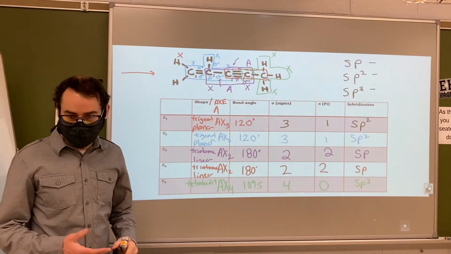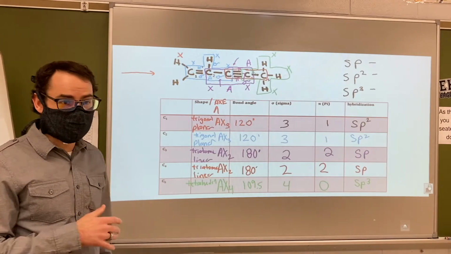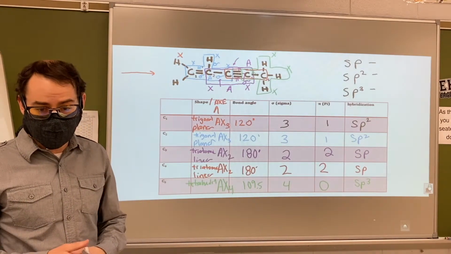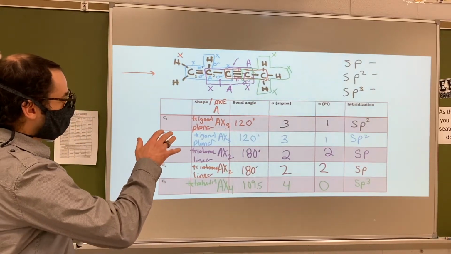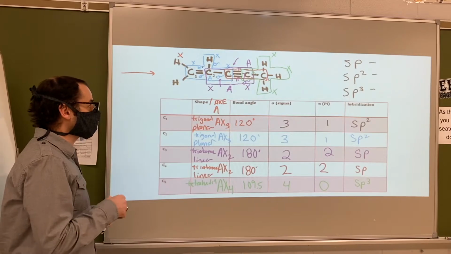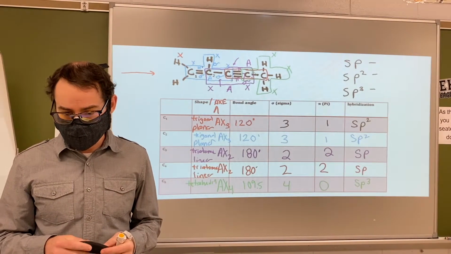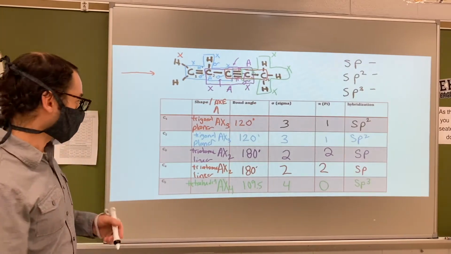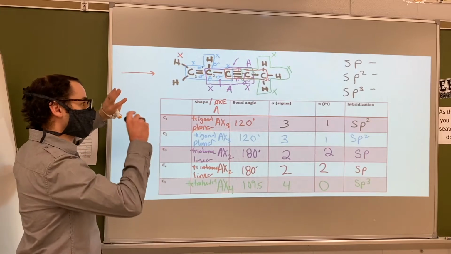And so that's how you'd fill in this chart. It's basically asking you the same information from all the other parts where you're doing the angles, the AXE, all that kind of stuff. The only new thing here is it's asking about sigma, pi, and hybridization in a chart form, okay? Okay, does anybody have any questions with that? No? All right, cool. All right, so if this shows up on the test, that's kind of what you would